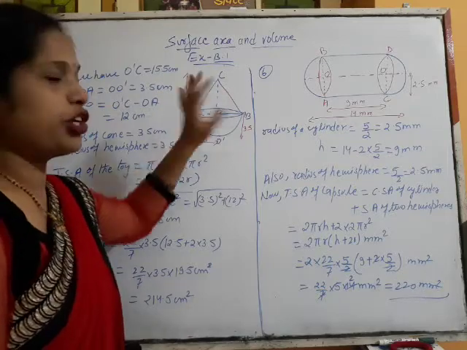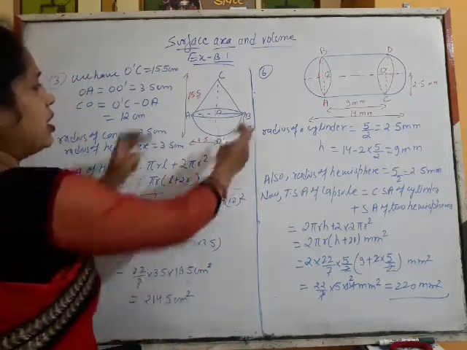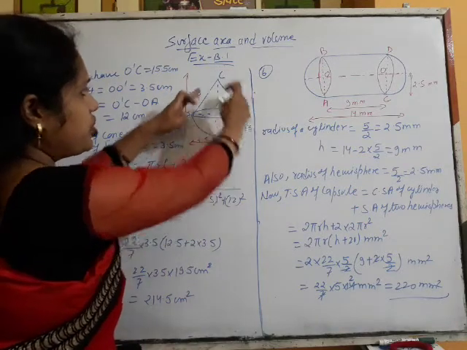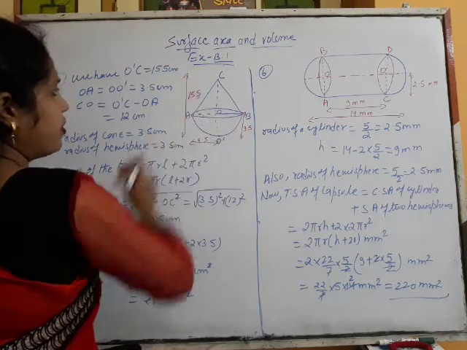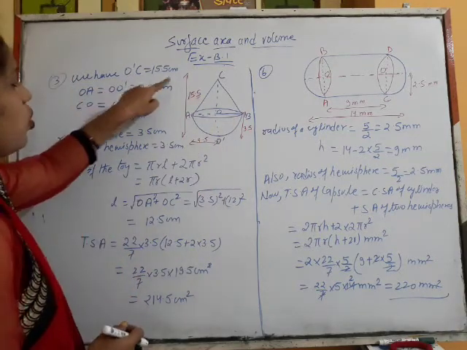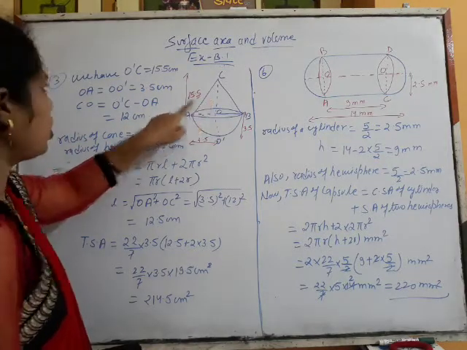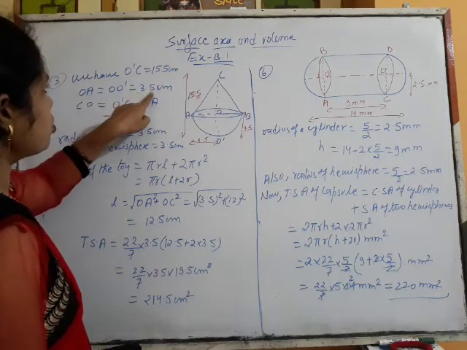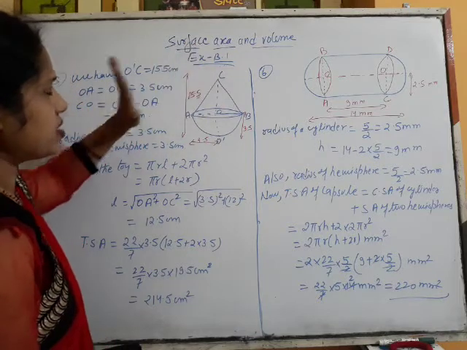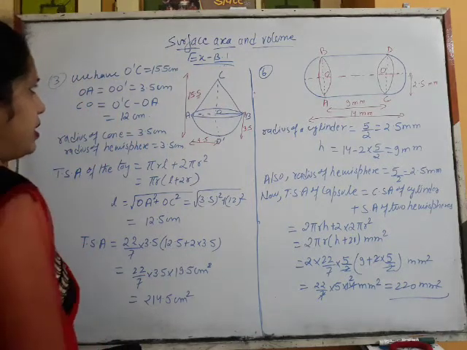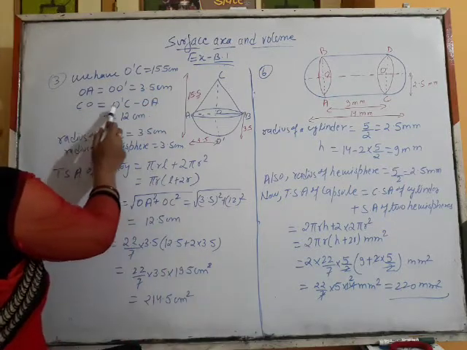Yes, so it is the combination of two solids, a hemisphere and a cone. As you can see here, it is a hemisphere on which the cone is mounted. Okay, the total height of the toy is 15.5, that is O dash C, and OA, which is the radius of the hemisphere as well as of the cone, and OO dash means this length and this length. All these three lengths will be equal because all will be the radius. All will be equal to radius only. So 3.5 centimeter, and this is CO and O dash C.